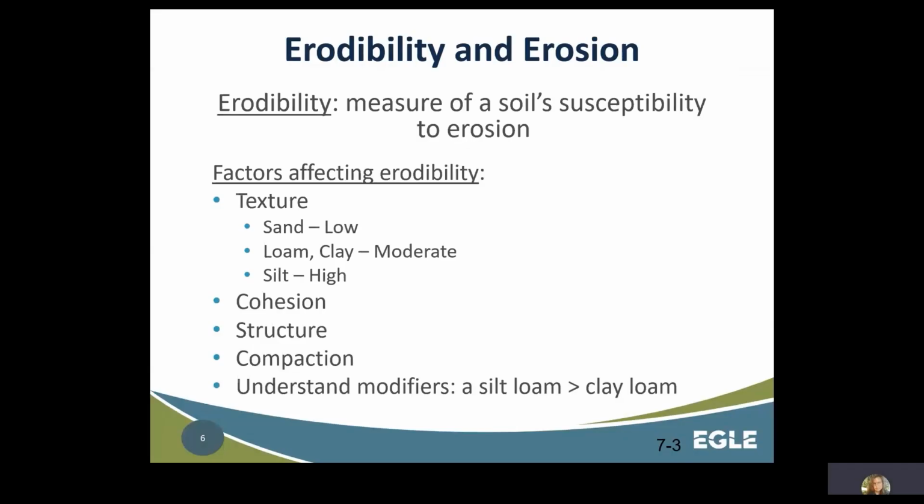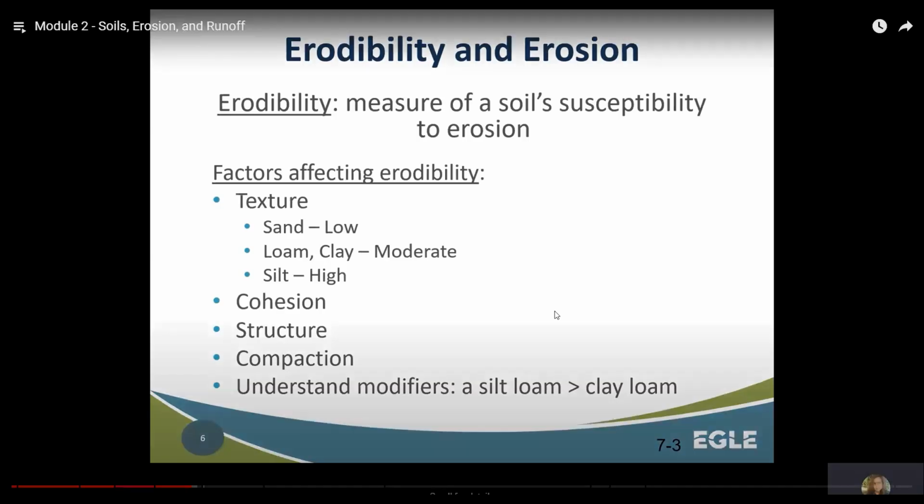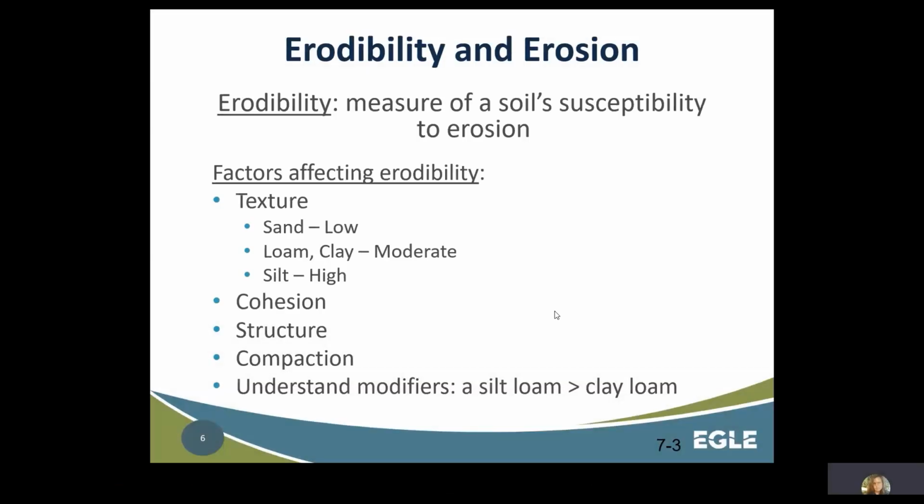Remember that soil texture refers to the soil particle, sand, silt, or clay, or combination thereof. Soil cohesion is the soil's ability to stick together. Clay soils tend to be the most cohesive, therefore they are the least erodible. Soil structure describes the arrangement of soil and the pore spaces located between particles. It is determined by how individual soil particles clump, bind together, and aggregate, which results in pores or interstitial spaces in between where water can move through. Soil compaction describes the process where soil particles are pressed together, thereby reducing the pore spaces between them.